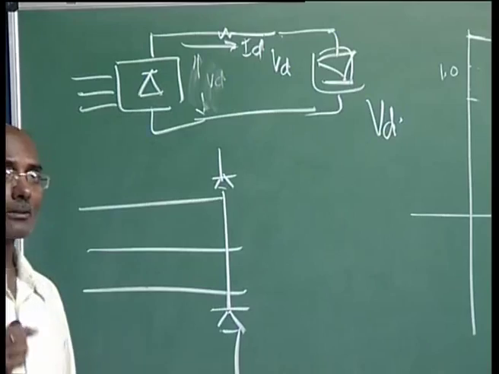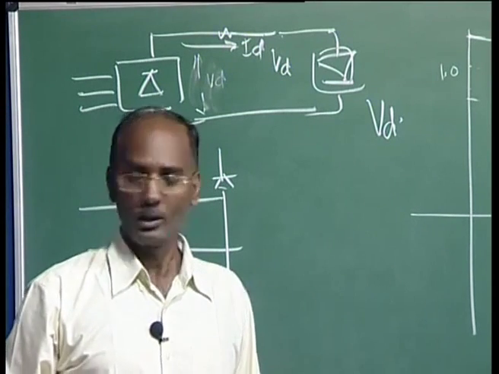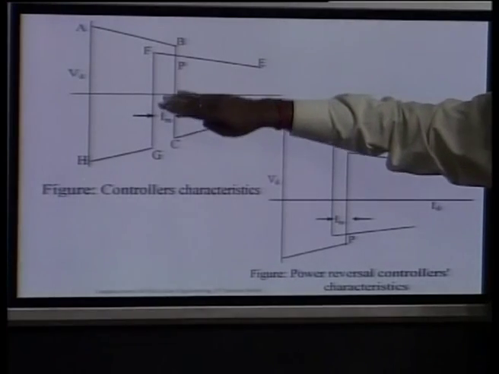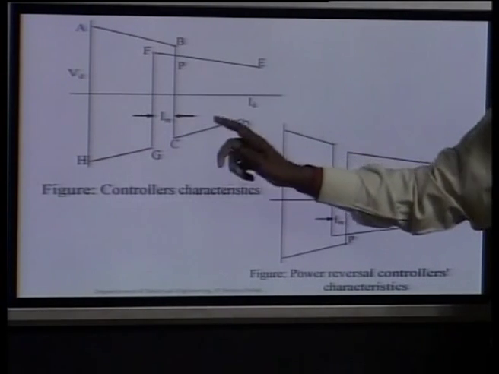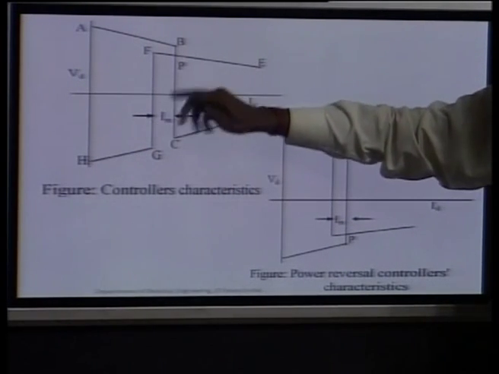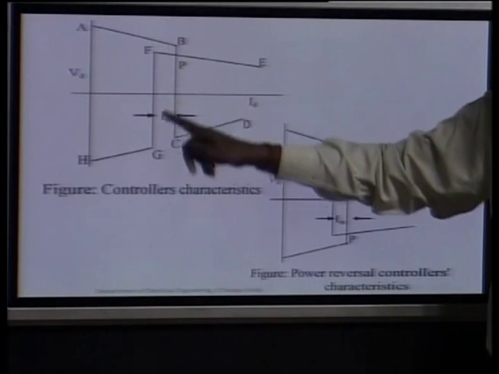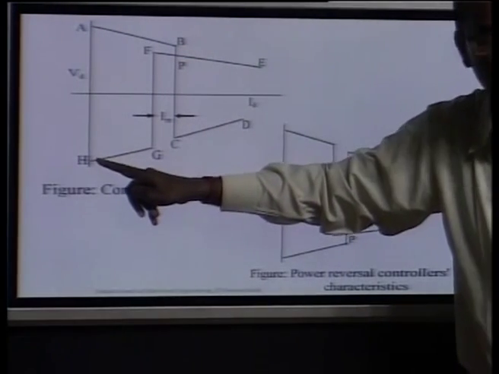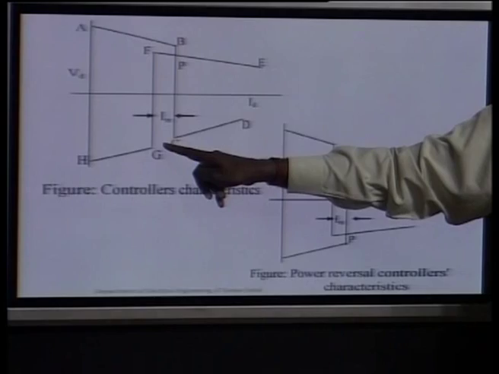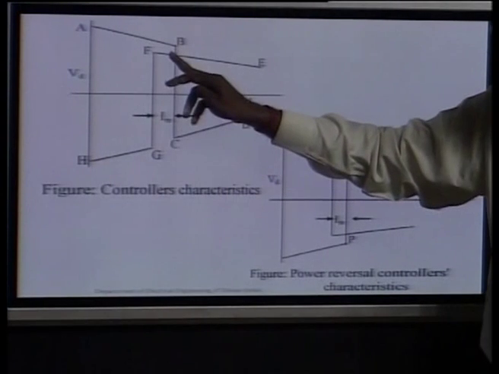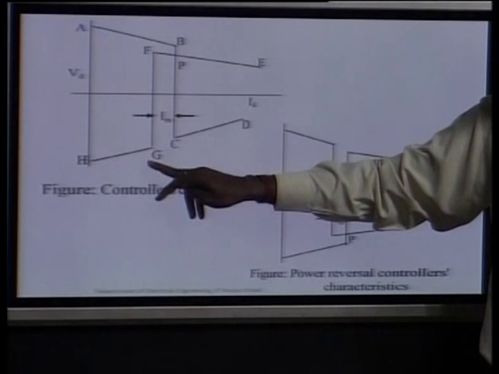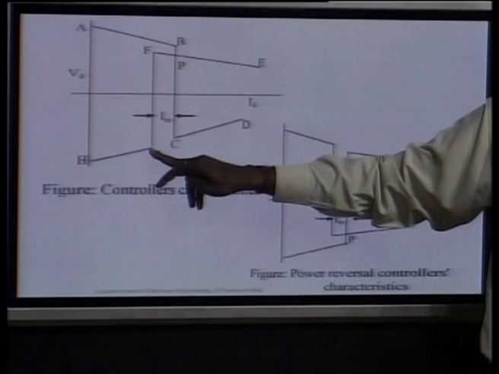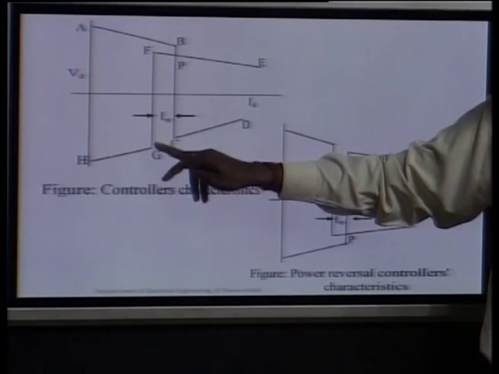Now, if the power reversal is there, now you come this side. What happens? Now you can see this is operating here, this CEA, the constant current, now it is going to be alpha minimum. Because now this inverter which was here is now operating as a rectifier, and in the rectifier alpha minimum control is there. So this is three part.